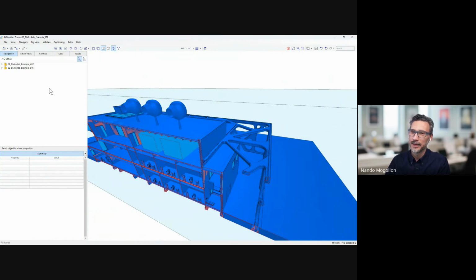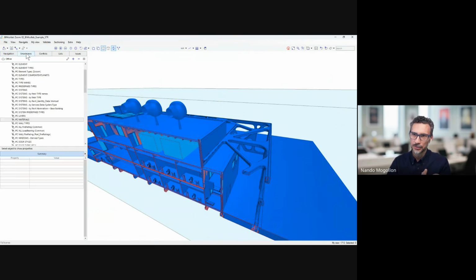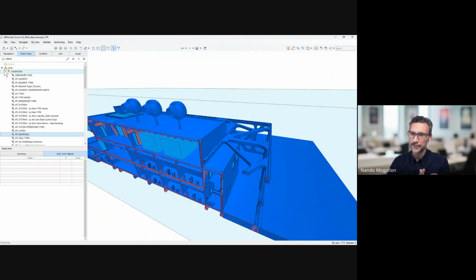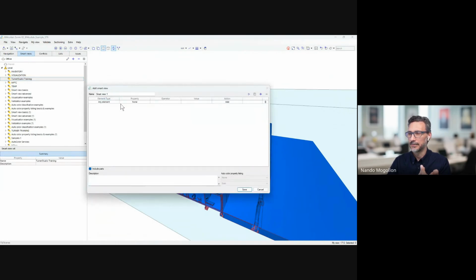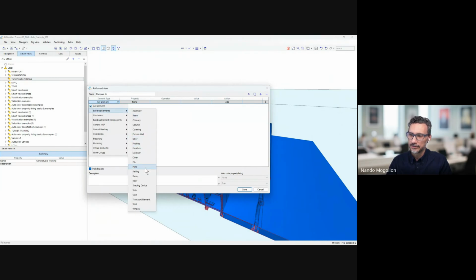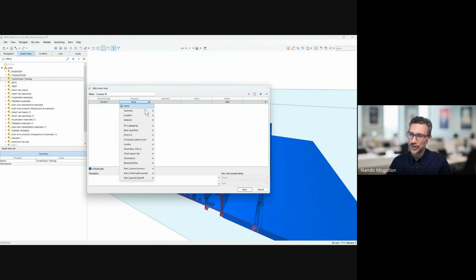And then the last one is doing so, but in a consistent and standardized way. And typically that's done through smart views. So if we give you an example here, just gonna add a smart view there. And what I'm gonna do is call these compare structural elements. And let's say I want to compare the columns, right? So I'm gonna say, okay, let's find me just the ones from the model